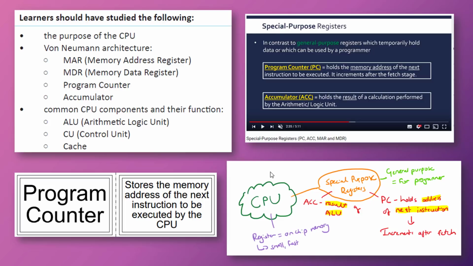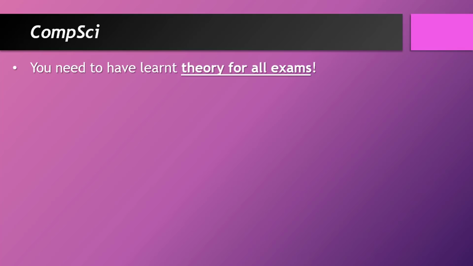Just a few more specific points on computer science then. So usually there are 2 exams, and one is more written and one is more application based, but you still have to have learnt theory for both of them, especially the written one of course, but the application one has still got theory questions within it, as you'll see if you do past papers. So that's really important. Often people ignore the application, or they ignore revision for the application based exam because they assume the whole thing is just problem solving. It's not. A lot of it will be, but there are still going to be theory questions within it.